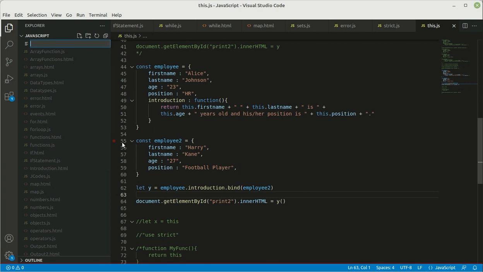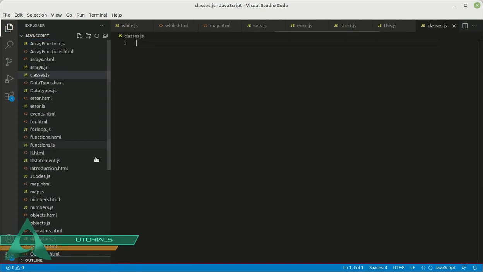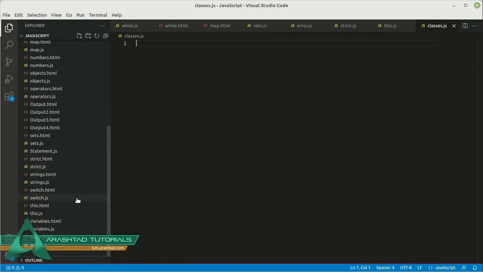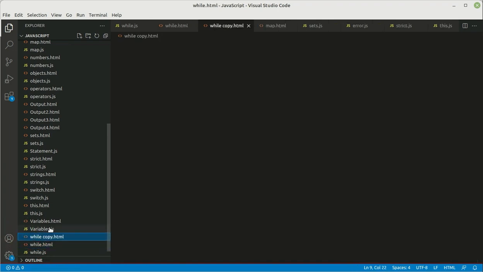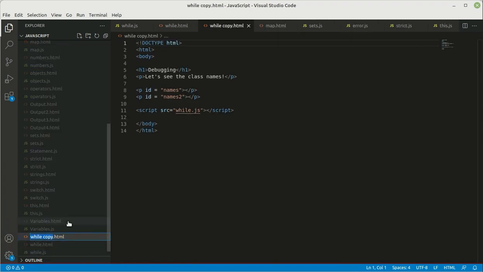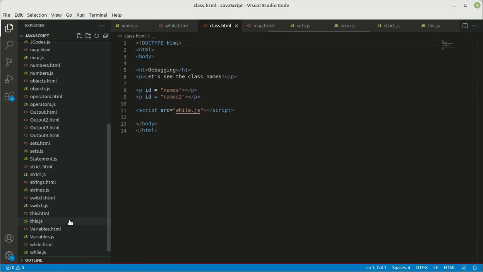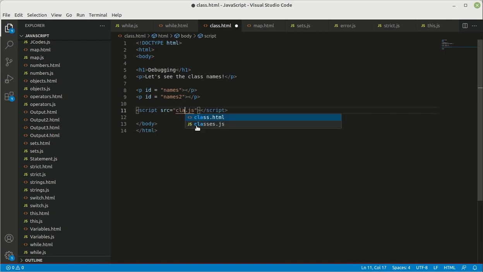create a new file called classes.js. And then we can create an HTML file too. So I can copy this one and rename it to class. And as you've seen, HTML and JavaScript files do not have to be necessarily named the same as each other. So here, classes.js, and here